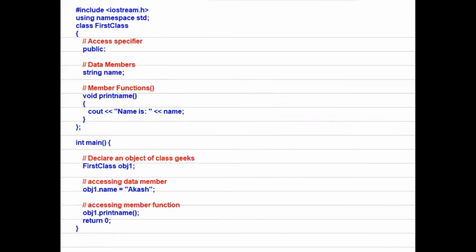In that code, if you pay a little attention, this is the class, and our class name is first class, and I mentioned this public colon access specifier. It means what I'm going to write is public, which means outside this class also, the data members can be accessed.